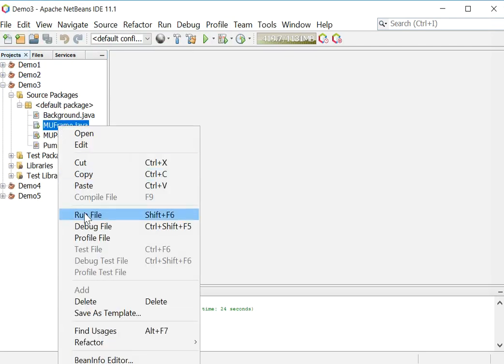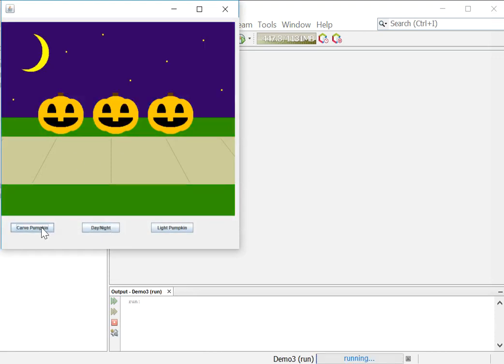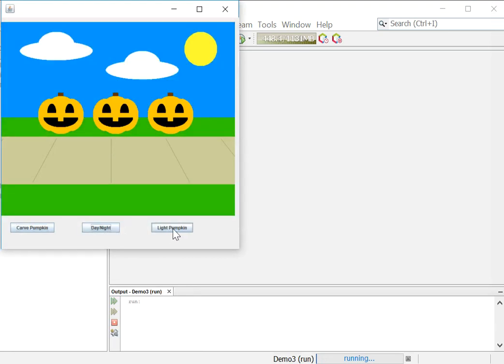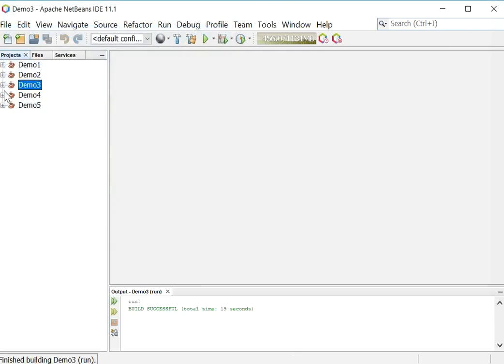Our third example here, sort of a Halloween themed thing. We can change from day to night, and we can carve the faces into the pumpkins, and we can even light up the interior of the pumpkins. So it's like an on-off switch, on-off switch. Okay, so that's fun. The fourth demo,